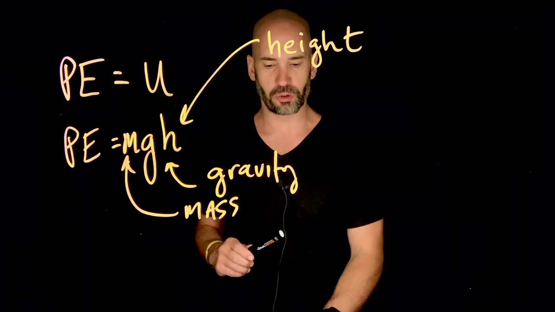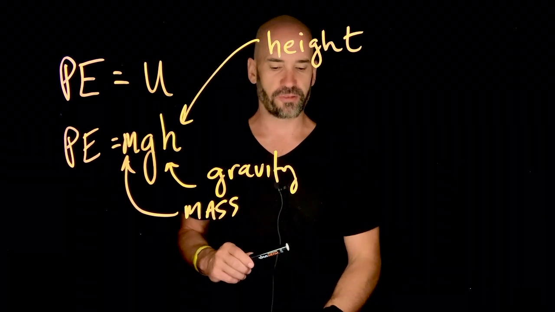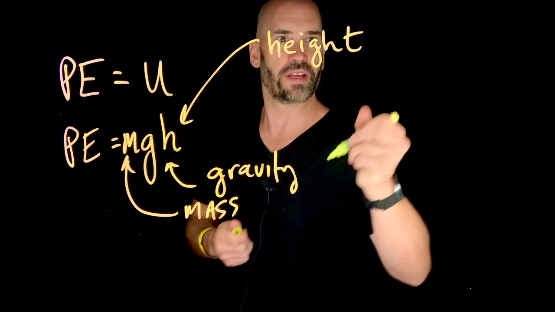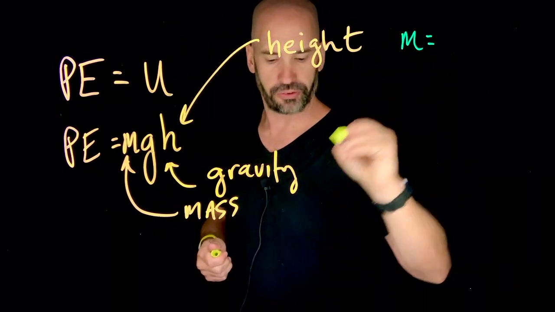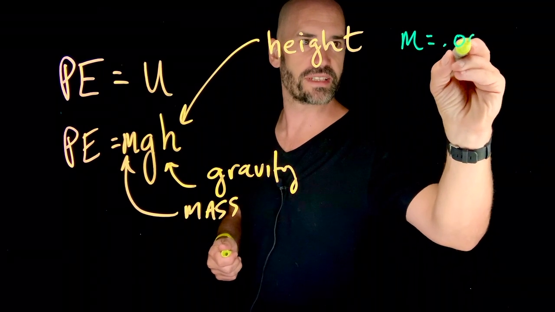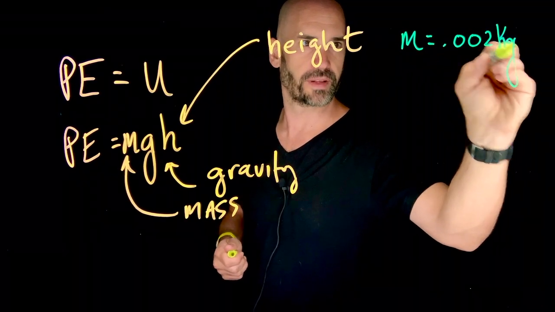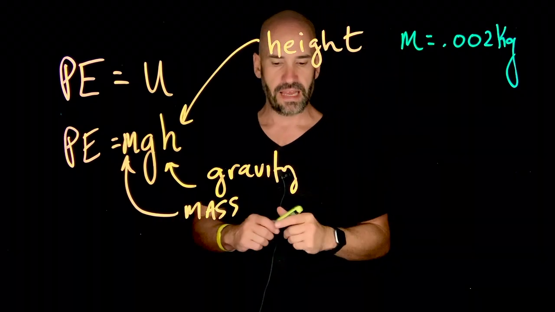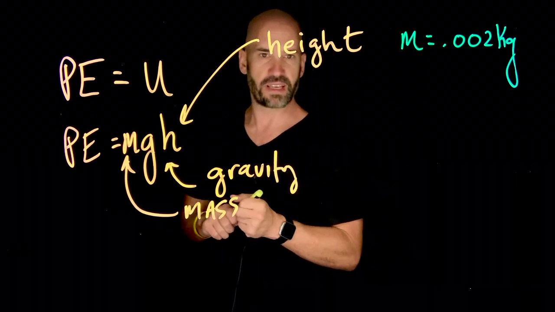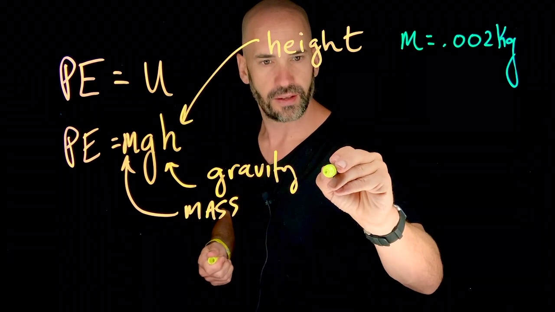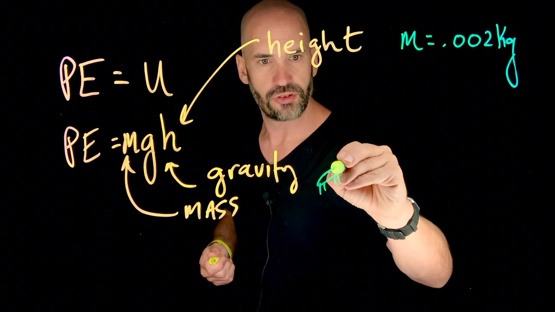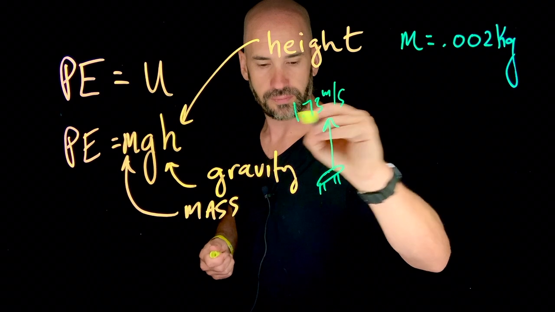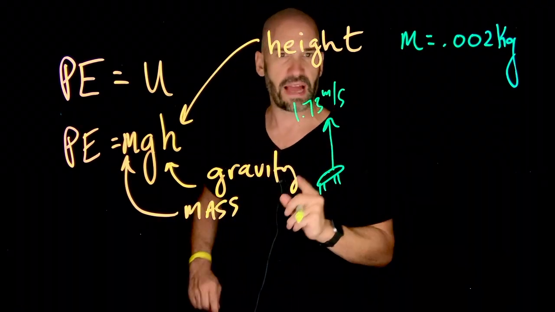So we have this problem with the cricket that I write down here. So imagine a friendly cricket has a mass of 2 grams, right? So we can already start writing that down. We have mass equals 2 grams is going to be 0.002 kilograms, right? Okay. Imagine the same cricket now jumps straight up with no angle at a speed of v equals 1.73. So my little cricket guy is jumping up with a speed of 1.73 meters per second. Okay, and the question is, what is our cricket's maximum height?